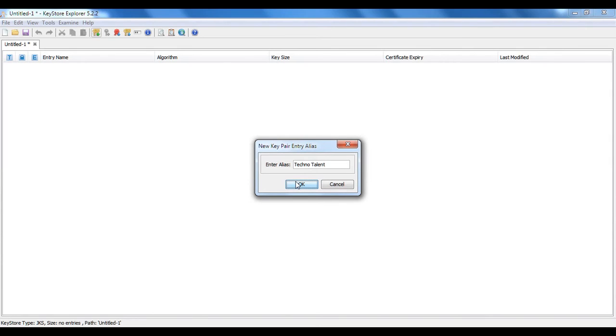You need to give the alias so that it will be able to find the certificate in this key store in future using this alias.